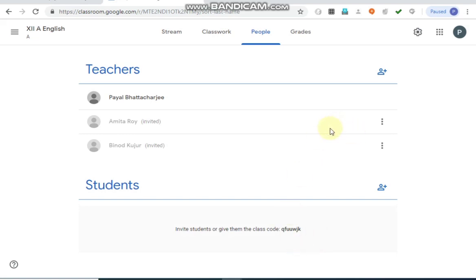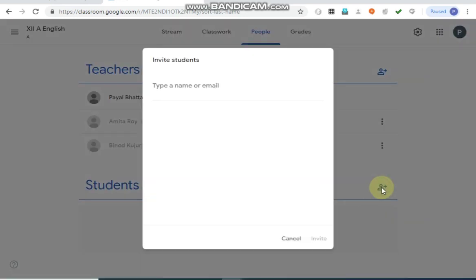So see, I have invited them, but since they have not accepted my invitation yet, because they have not seen the mails yet, so once they accept the invitation from their organizational ID, they will be able to see everything what happens inside this classroom. Now similarly for students, just click on invite students over here, person plus, and